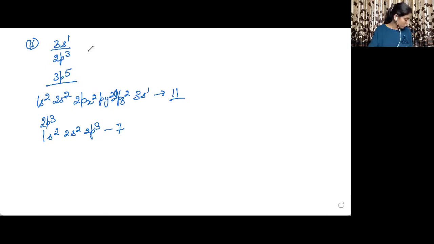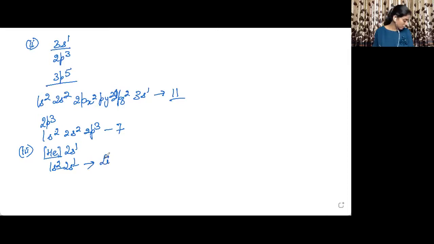All right, now let us move into the third part of this very question. The third part says that we have been given the electronic configurations and we need to find what will be the atoms corresponding to this electronic configuration. So helium 2s1. It is 1s2 for helium, the noble gas configuration is there, then 2s1. So the total number of electrons is 3. So the atomic number is 3. It is for lithium. All right.